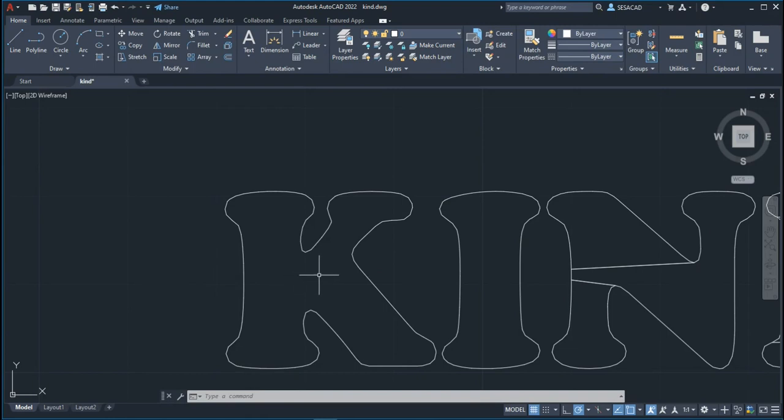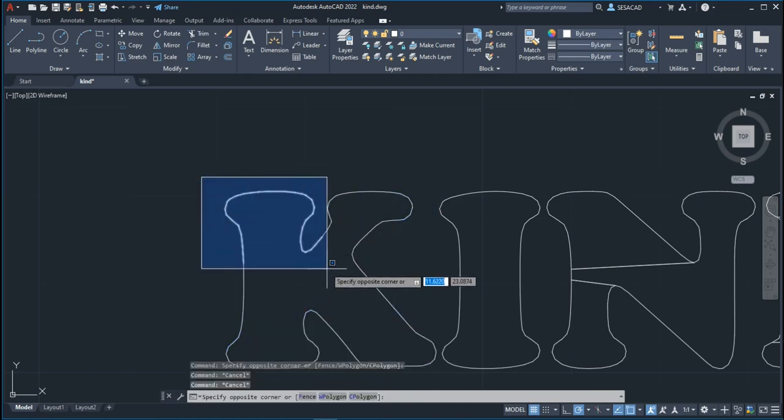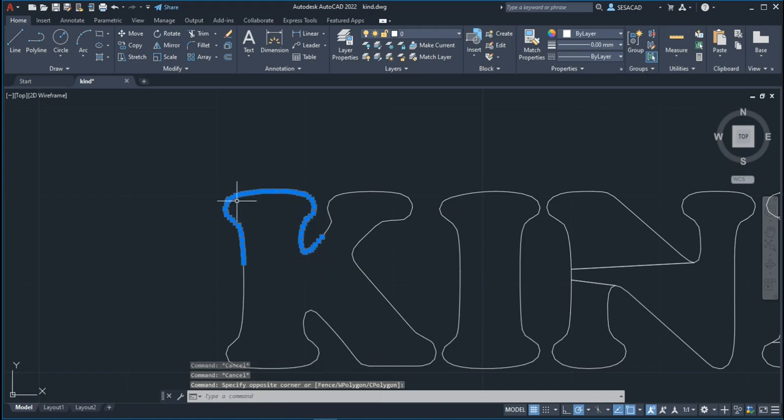Now we know that we can put all of these exploded text or objects together because we have a lot here. If I simply select this, okay, I can copy or move them as a group, but I have to select all of them inside a box like that because they are individual. So if my box covers only this one,